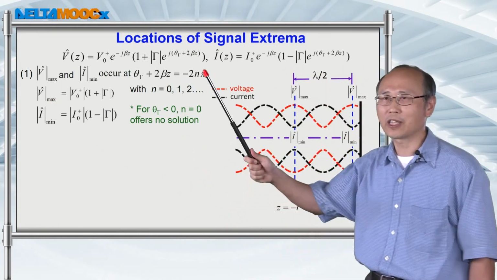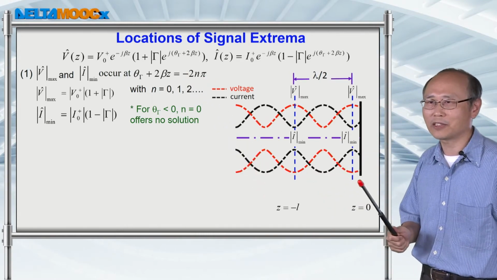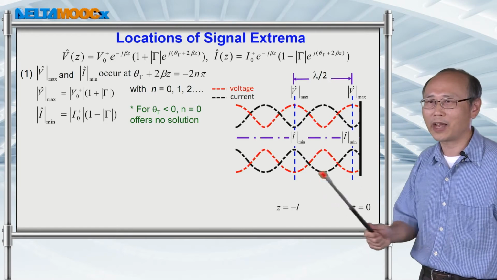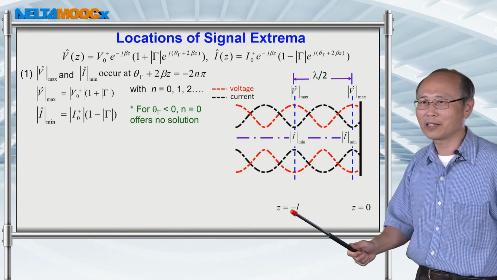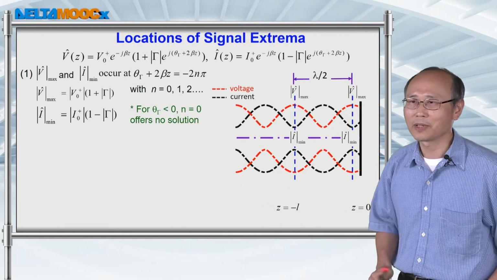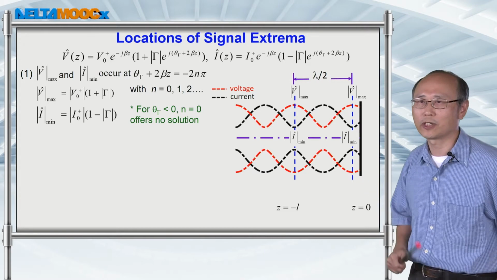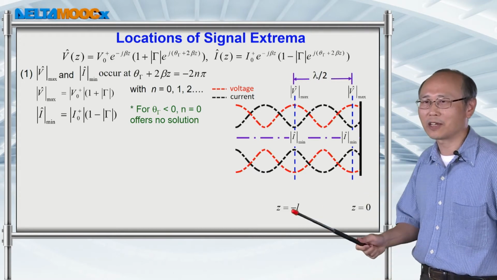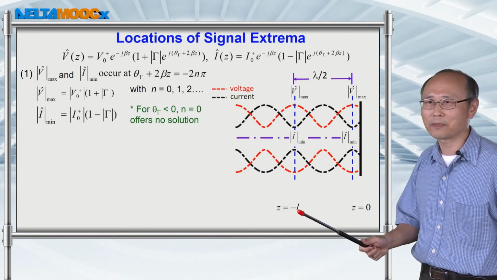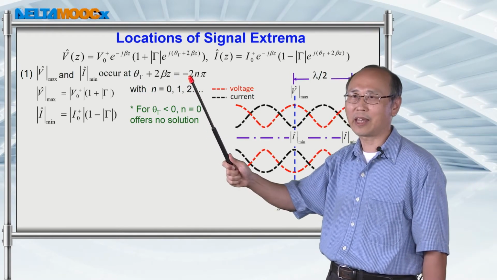The reason for the minus sign here is because we count the distance from right to left and set z equal to minus L along this direction. The 0 point is at the load of the transmission line. And because this is, in general, a negative value, we set this to be a negative value for the